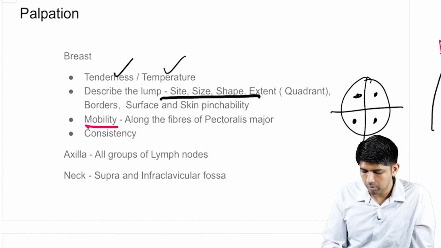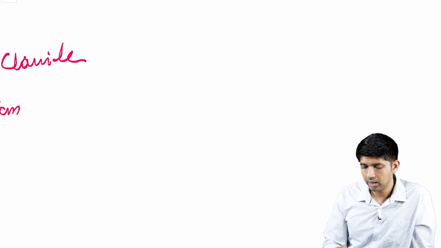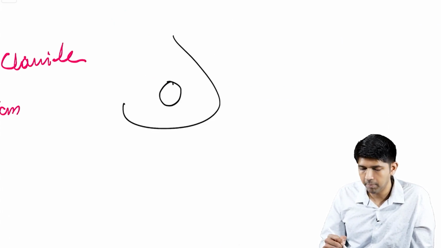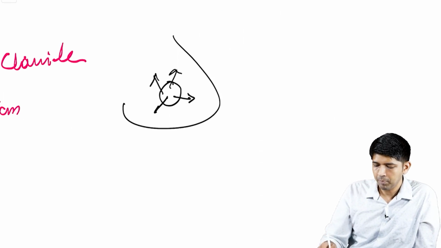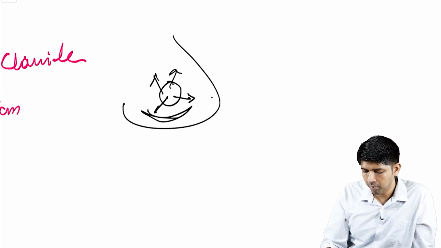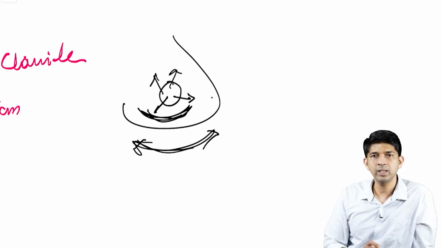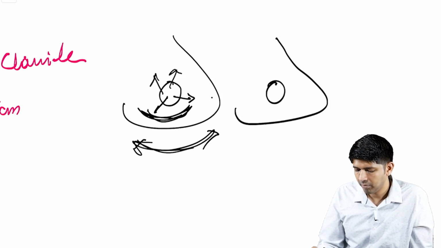Next, when it comes to mobility, there are 2 mobilities that you need to look for. One is the mobility of the lump with the breast tissue. For example, if this is the breast and this is the lump, in CA breast, it infiltrates into the surrounding fat. Okay, so when you move the lump front and back, even the breast also moves front and back. Okay, that is a characteristic feature of CA breast, as against fibroadenoma, where if you move the